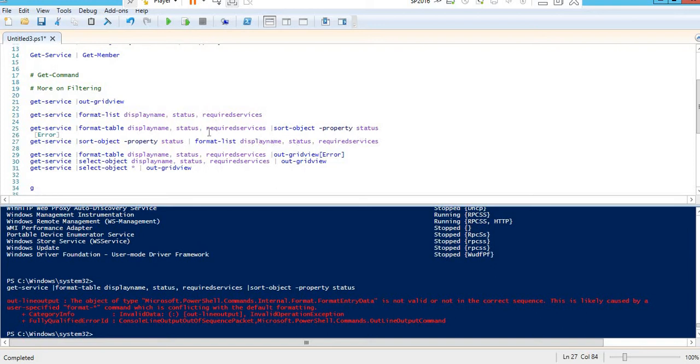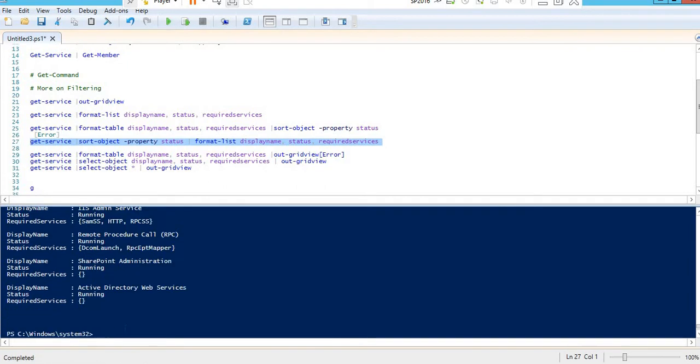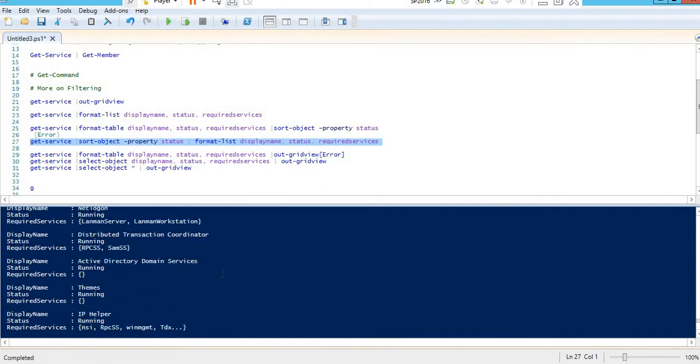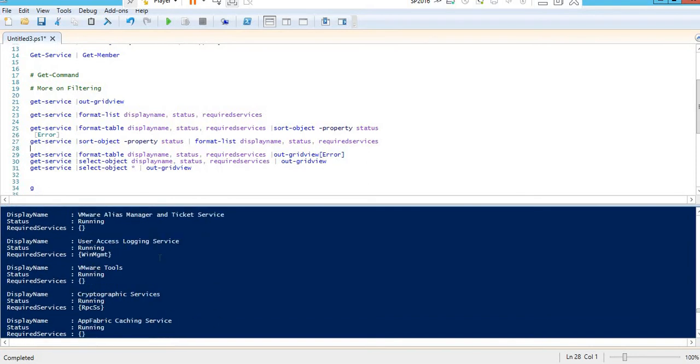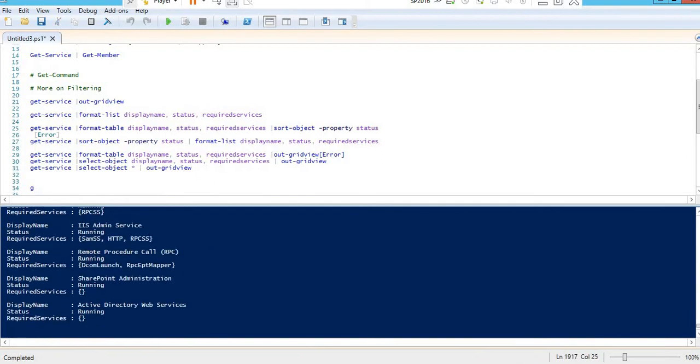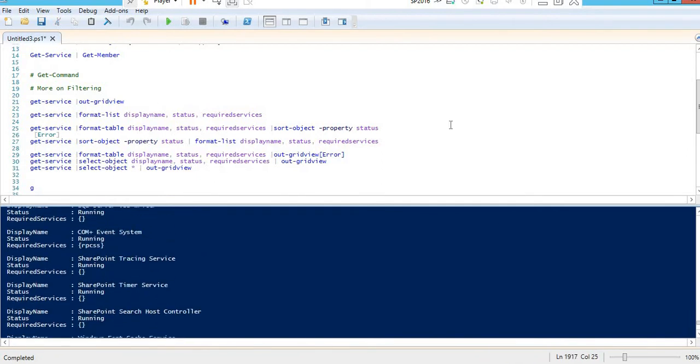Here what's happening is the opposite, so that's why it throws an error. So if you go and see, it has sorted based on status. So it shows first the running and then the stopped ones, then running ones.